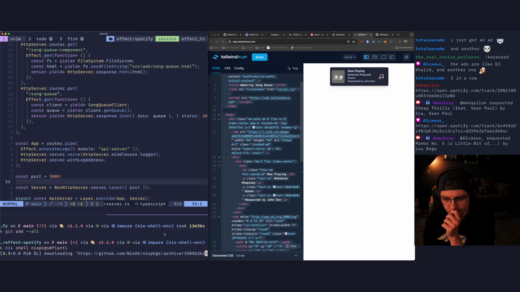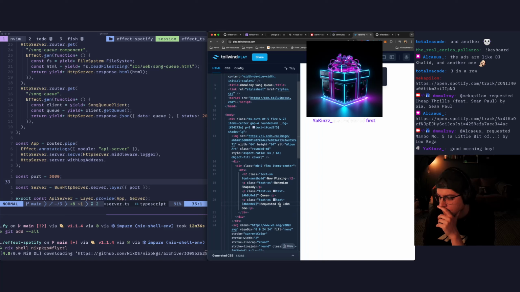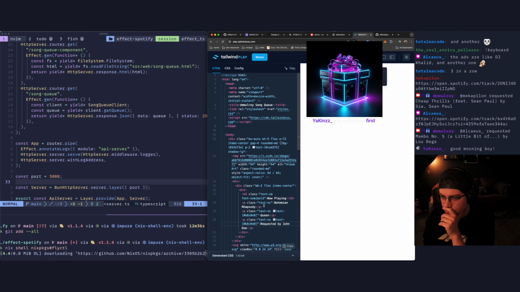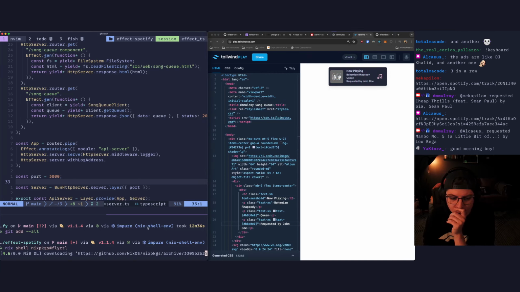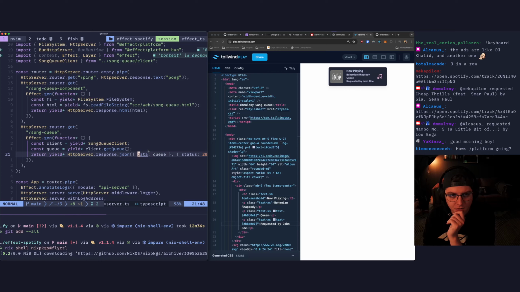Come on, Nix. It's going pretty well. I'm using it for just like a simple little server here, and it seems to be working well. I haven't tried this yet. I'm getting ready to deploy this and see if this works. But the REST API works.